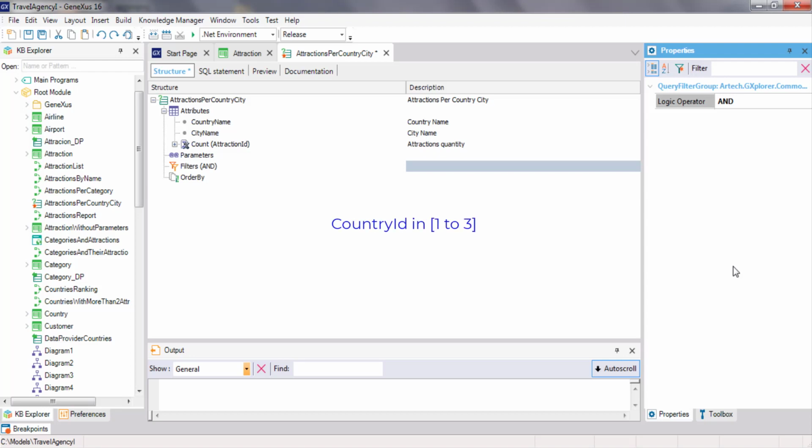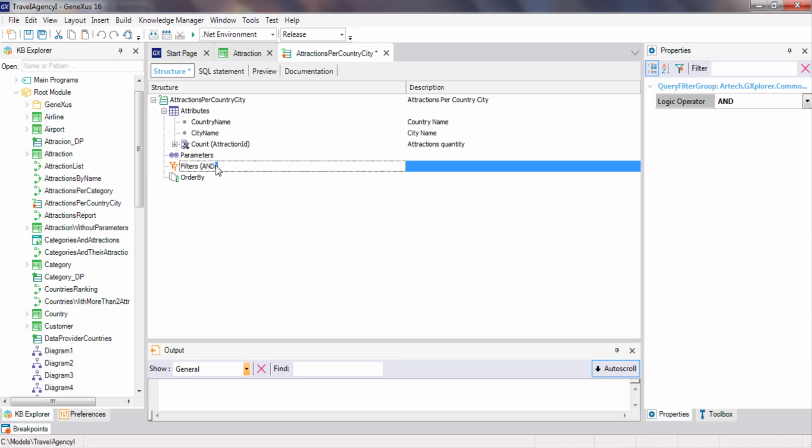Let's see another example. Country ID is a list of values to query. In this case, the countries with ID 1, 2, and 3. Another example is country name, which is a list of values to query, for example, the cities of France, Italy, China, and the United States. In this example, we'll define the query for the cities of France and China. So we type